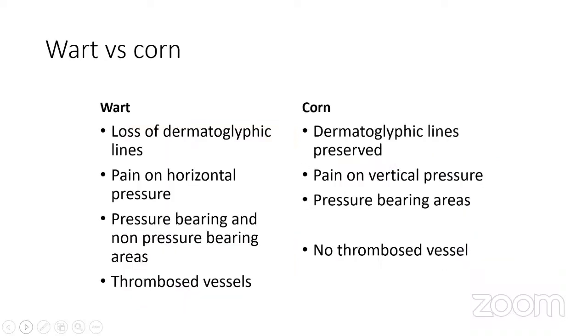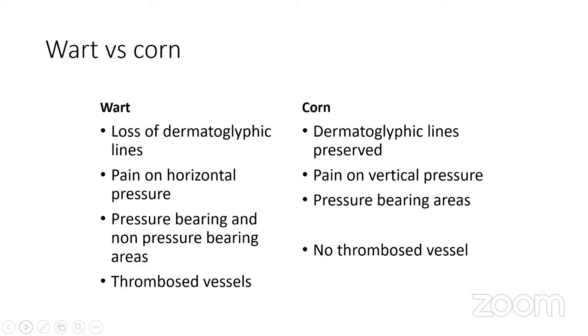So how to differentiate between a wart and a corn? In a wart, there is always loss of skin markings like on toes and fingers. That is called dermatoglyphic lines. Loss of skin markings, and pain on horizontal pressure. Whereas in case of corn, the dermatoglyphic lines, that is the skin markings, are preserved, and there's pain on vertical